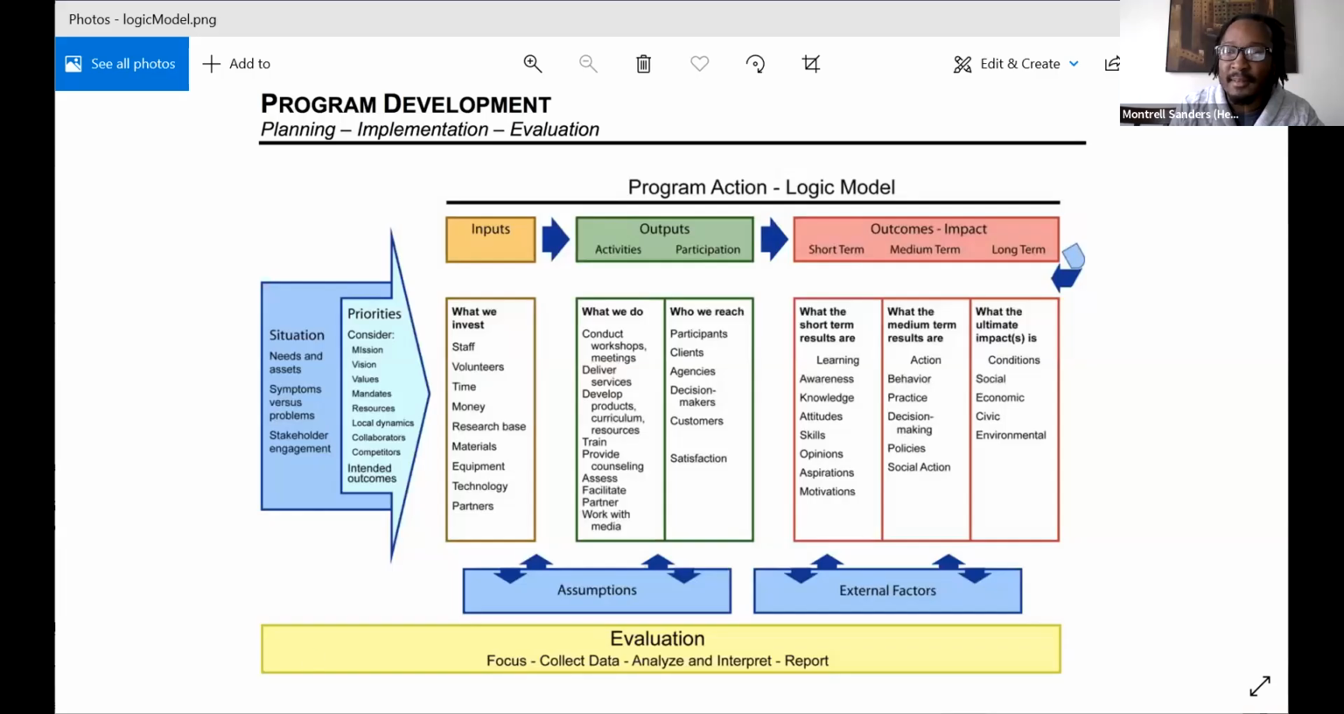One of the ways that I like to do this is through the power of a logic model. Gigi, if you would, please share that picture of the lovely logic model. All right, so,